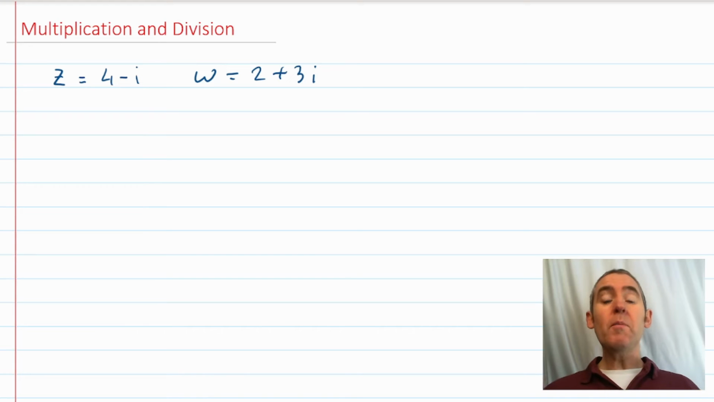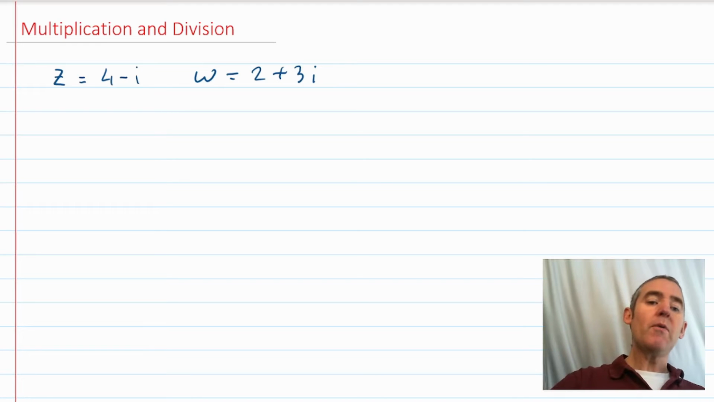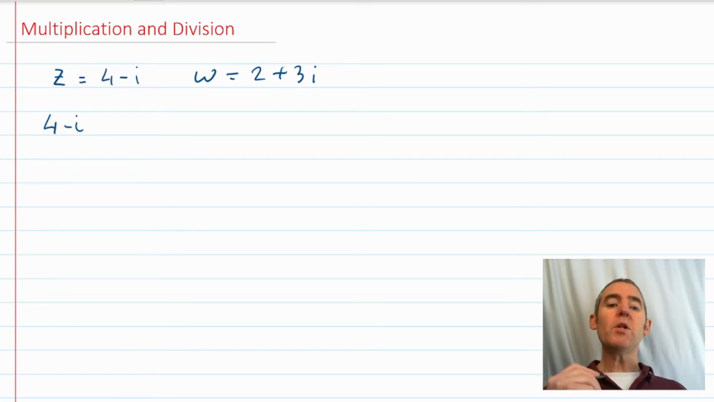So I want to talk about multiplication and division of complex numbers. So we'll start by multiplying a complex number by i and dividing a complex number by i. We'll start with our z here, 4 minus i, and we're going to multiply that by